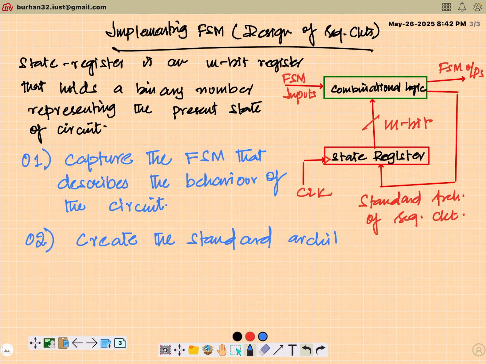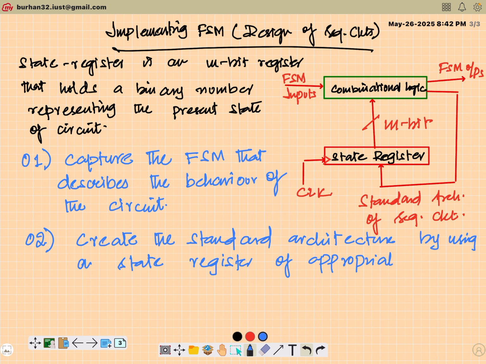And at this step, you should be able to tell what is the width of your state register by using a state register of appropriate width. Because from the FSM itself, you will have the complete knowledge of how many states are there, and that itself will tell you that in the standard architecture, what is the width of the